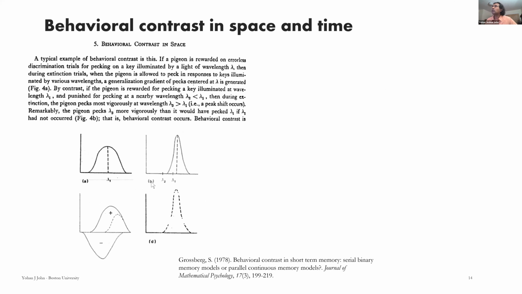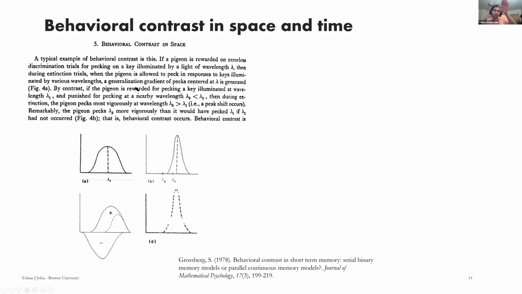So I really like what he does here, which is to initially set up behavioral contrast in space, or in sensory space. What he means by behavioral contrast is, this is a great example: if a pigeon is rewarded on errorless discrimination trials for pecking on a key illuminated by a light, so there's a light at a particular wavelength,